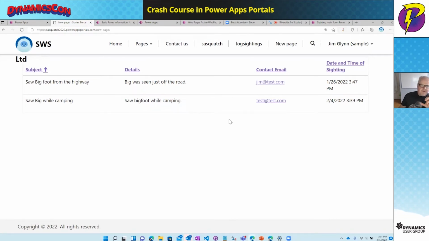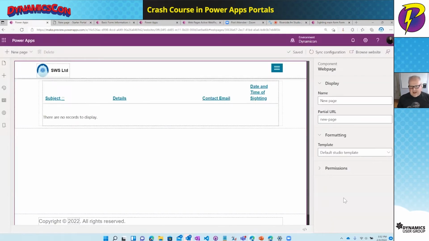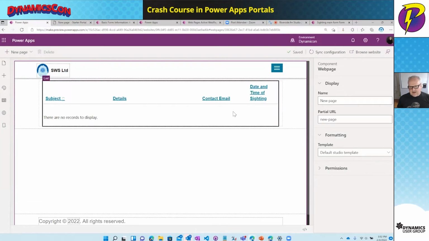Now, if we want to filter it, this is where we can begin to use table permissions to our advantage. Perhaps we only want our users to see the sightings that they've logged. We don't want to share other people's logged information. This is important when you think about it. If you're on a portal viewing things like invoices or medical information, obviously you don't want the whole world to be able to see your information, but you want to be able to see it. So what we would do here is go back into our studio